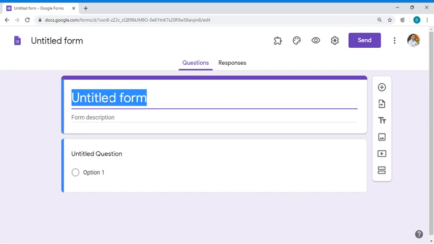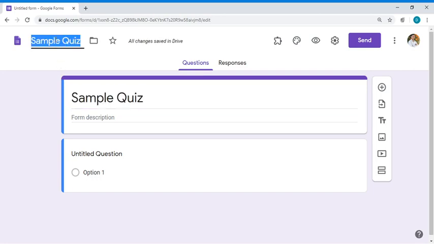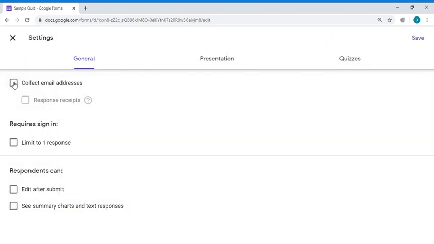Name the form, for example sample quiz. Give the same name to the form. It will automatically come, or copy paste this title over here. Now go to settings. Here check collect email address,